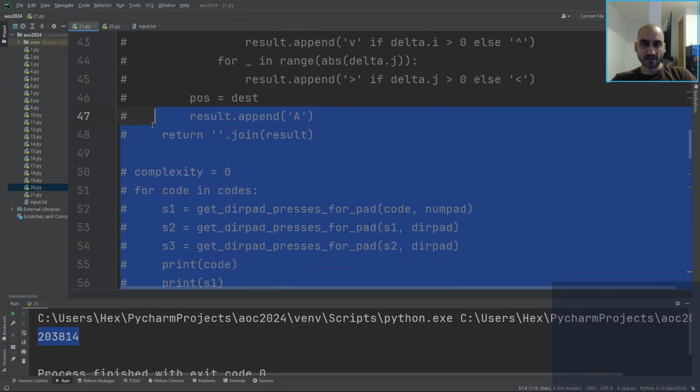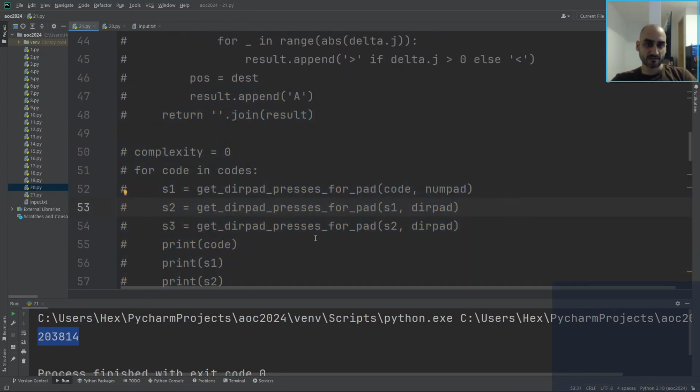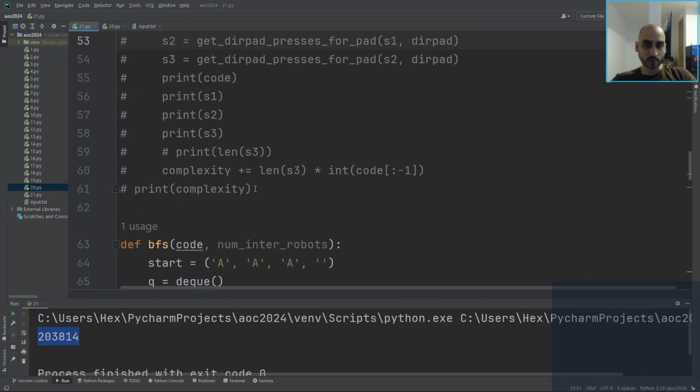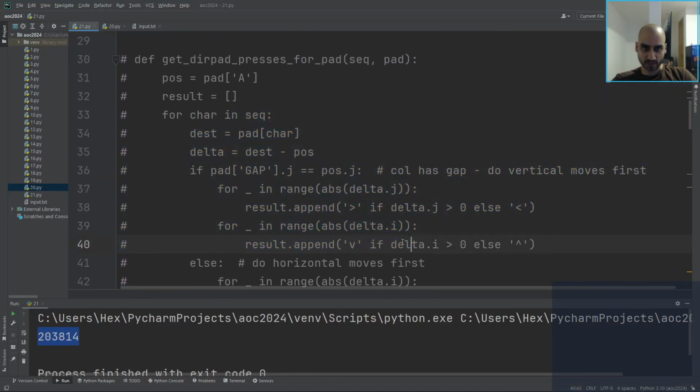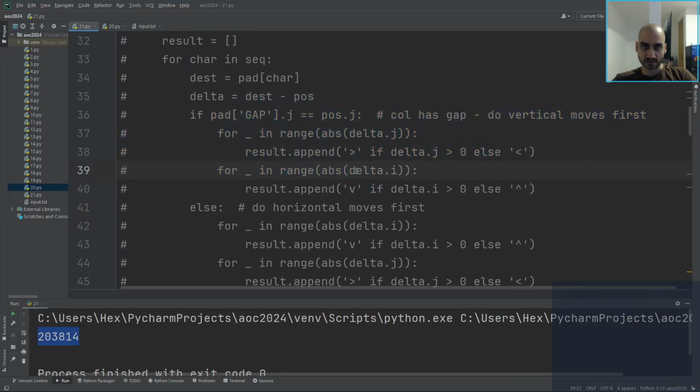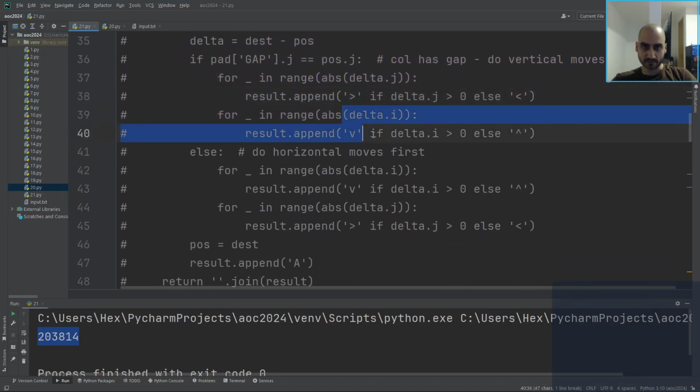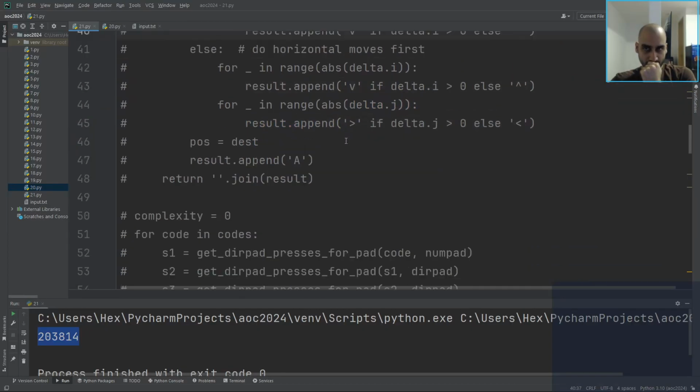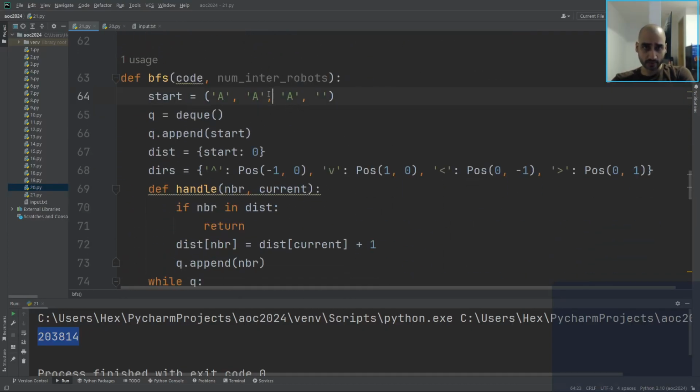Alright, forget this. Unless... I mean, we could still be onto something with this if I could just figure out what the correct heuristic is. I don't know what weird example results in a longer path. Doesn't matter. I think this might work. Alright, so we want start equals